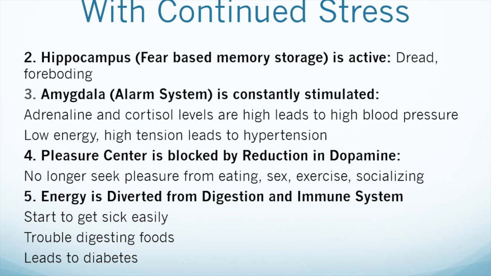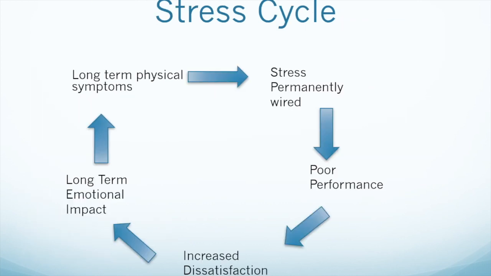Continued stress drains the body of energy, leading to immune shutdown and sickness. High levels of adrenaline and cortisol lead to high blood pressure and hypertension, which eventually will lead to diabetes and digestive problems. With reduced levels of dopamine, the pleasure center of the brain is also affected, and one begins to lose interest in eating, sex, exercise, and socializing. The stress cycle is self-perpetuating, and once you create a stress cycle, it's very difficult to break out of it. Stress over time can become permanently wired, and you begin to live in a perpetual state of foreboding and dread,